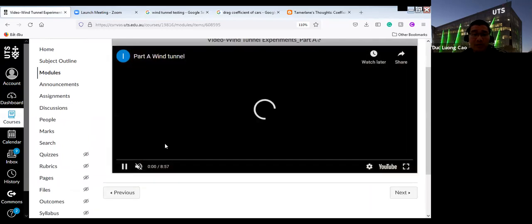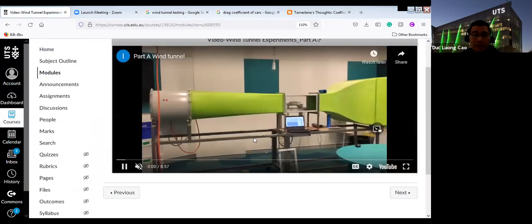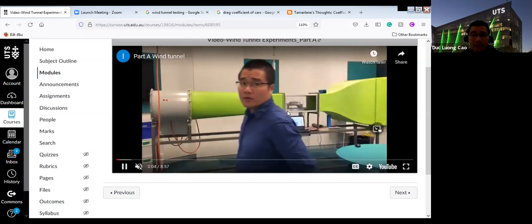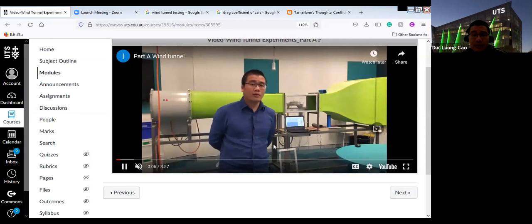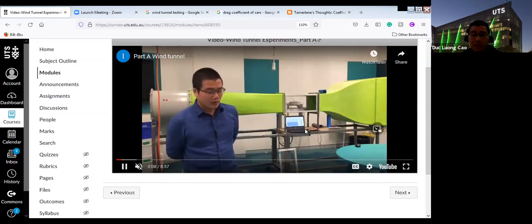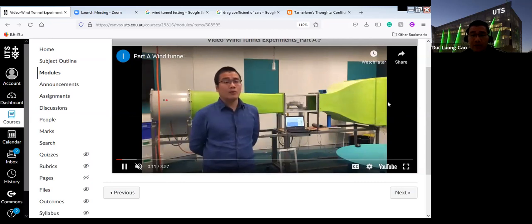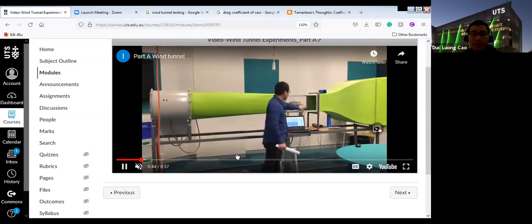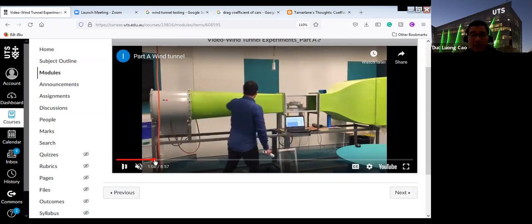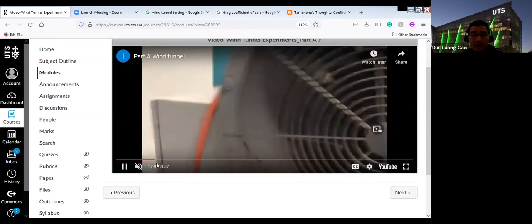But in this video, which I created maybe a year ago as a lab, this is the wind tunnel. This is a laptop, airflow goes this way, and at the end you see the gray one is a fan. And here I show you everything, including the control